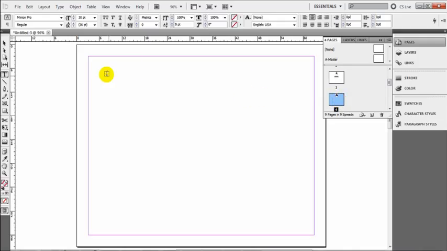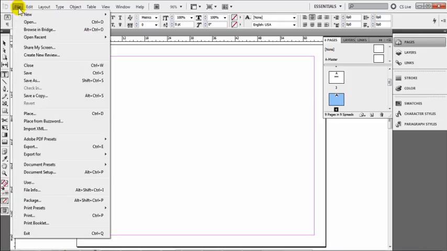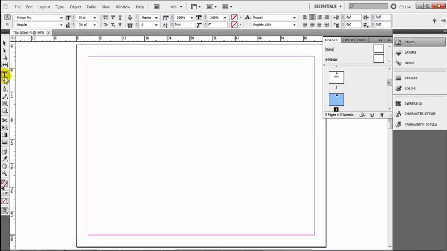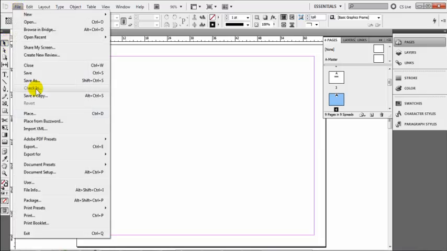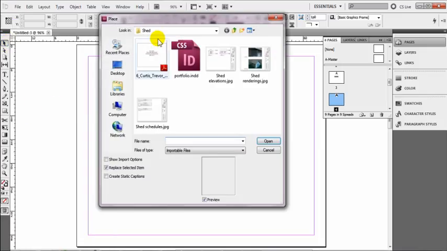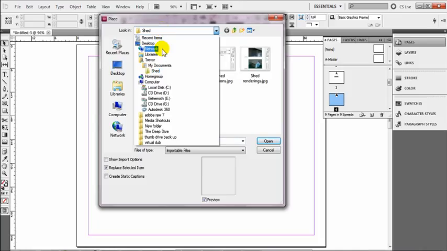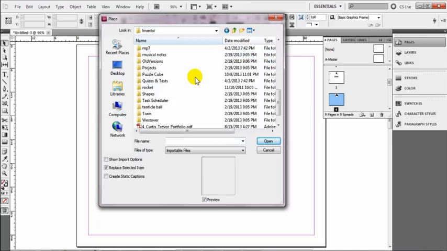And I'm going to put my title block in here. So I'm going to come up to File. Well, actually, wait. Before you go to File, I'm actually going to choose my select arrow here. So click on your black arrow here first. Now go to File, Place, and I'm going to navigate to my puzzle cube,